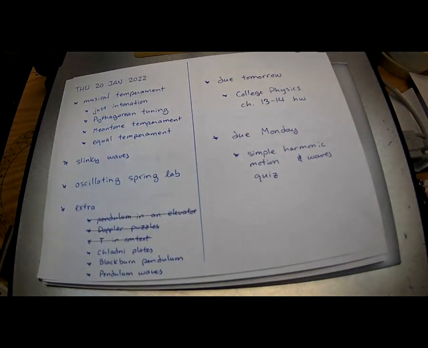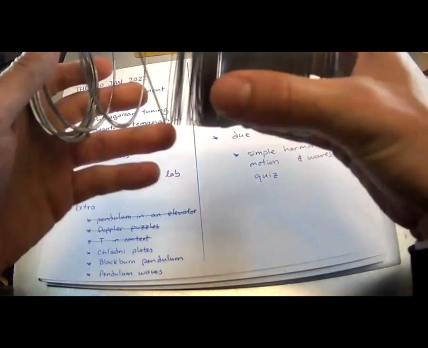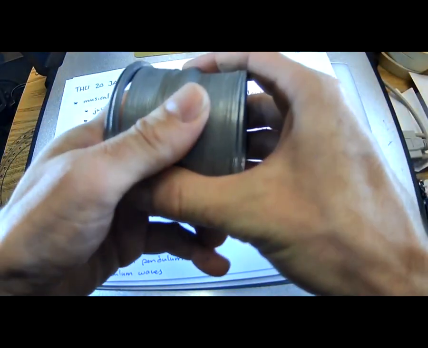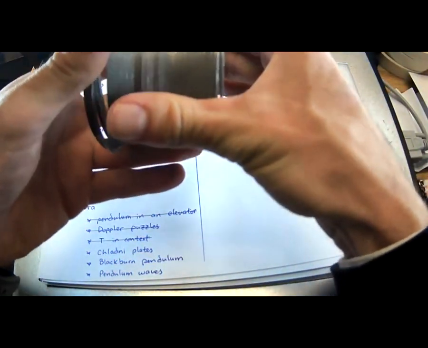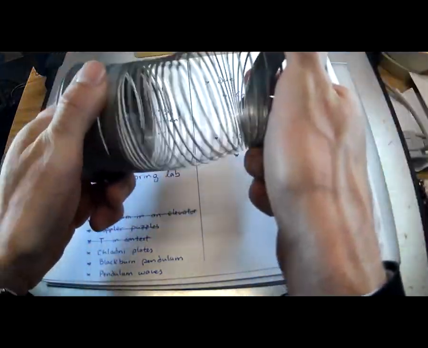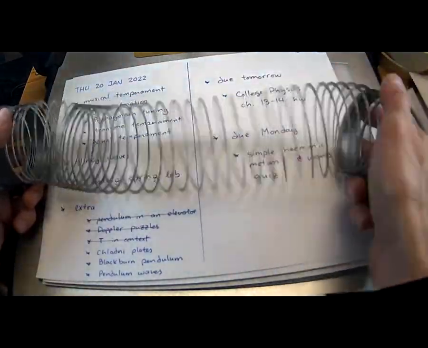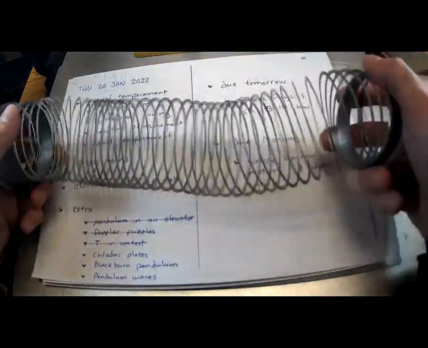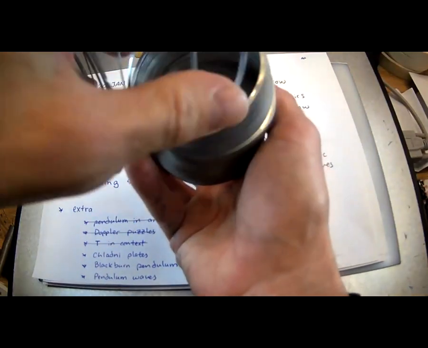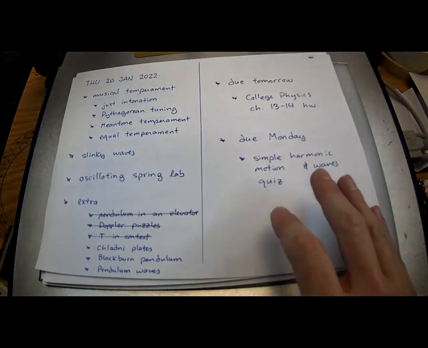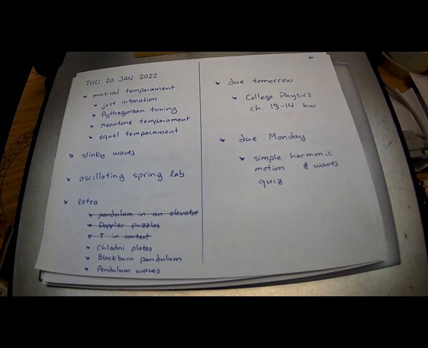Oh, let me break out the slinky. Nice long slinky here. Now, if you're watching this video, I'm going to do some stuff off screen, but I'll try to keep this short. Here's what I'm doing with the slinky. I'm going to pulse a longitudinal wave. Then I'm going to do a transverse wave, and then I'll hang this vertically and drop it, and we're looking for interesting things. So if you're watching the video, hang tight. I'll be right back. Stretch this,